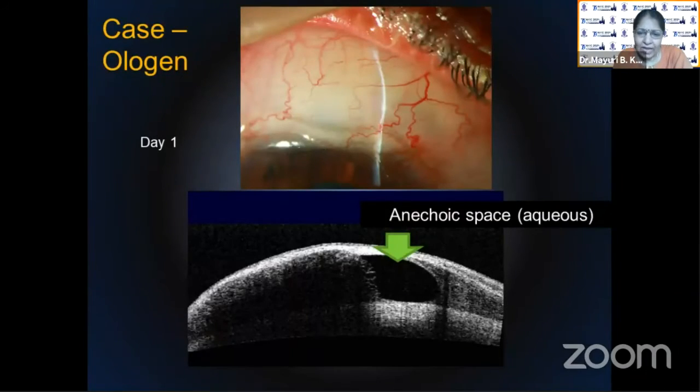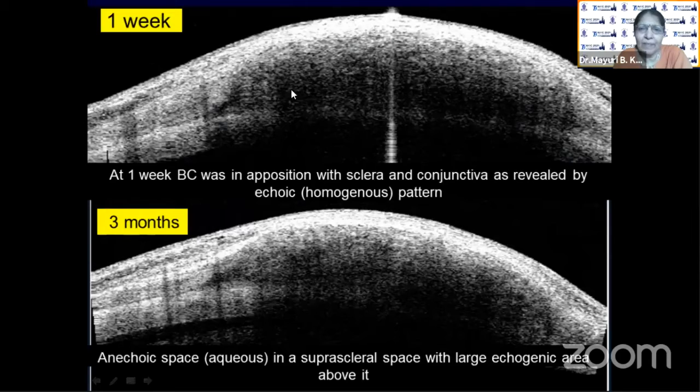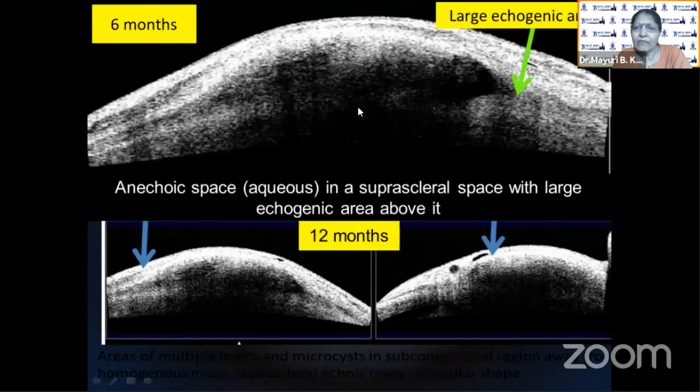So this is how on day 1, there is an anechoic aqueous area here, but a homogeneous area of the implant is seen here without any aqueous cavity or subconjunctival separation like an MMC bleb. This is after 1 week. After 3 months, you can see the aqueous pockets are coming up in this area. The suprascleral space now has aqueous in that anechoic space. Here also small cavities are coming up. So at the end of 6 months, a big area of aqueous pockets is seen, shrinkage of the Ologen in this area, and small areas of aqueous pockets in the peripheral part of the bleb.